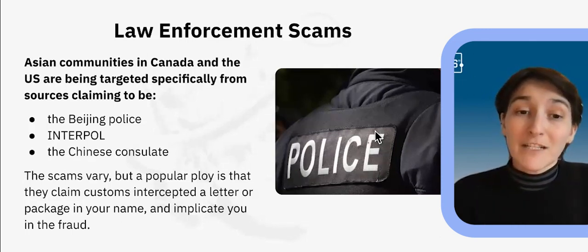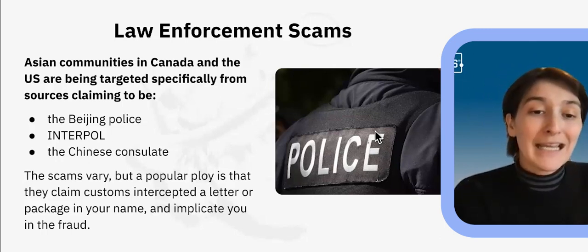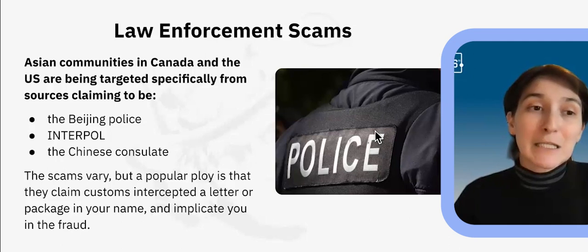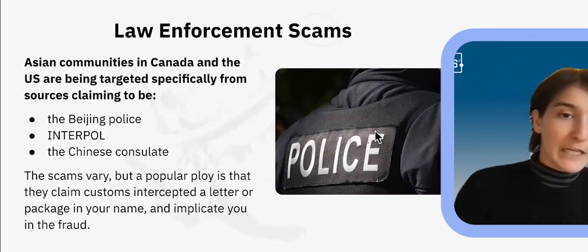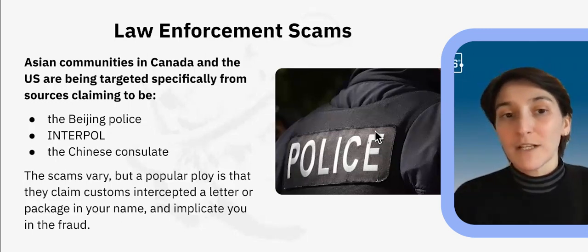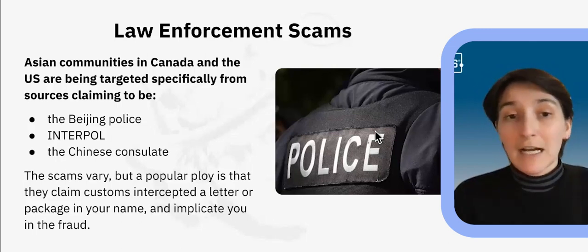They're playing up oftentimes the package scam that we talked about previously. So the scams do vary, but again, the popular ploy is that they claim customs intercepted a letter or a package in your name and implicate you in a fraud. For example, the message may state that customs stopped a suspicious package containing many bank cards, and that you're subject to investigation. And again, you have to pay some sort of fee or else do something in order to clear your name or sort something out. So this one is a particular one that faces Asian communities, but we can imagine that this could play out for a number of different immigrant communities,